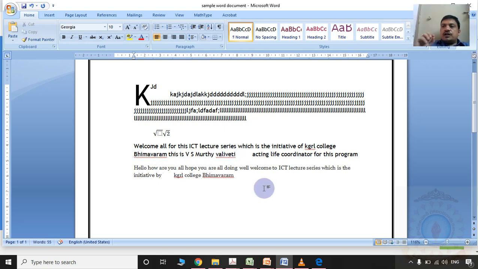So first of all, you need to choose the language and you need to press the start button, and you are supposed to speak something that will convert your voice into text. Later you are supposed to copy down the content from that window and paste the same in your MS Word document.